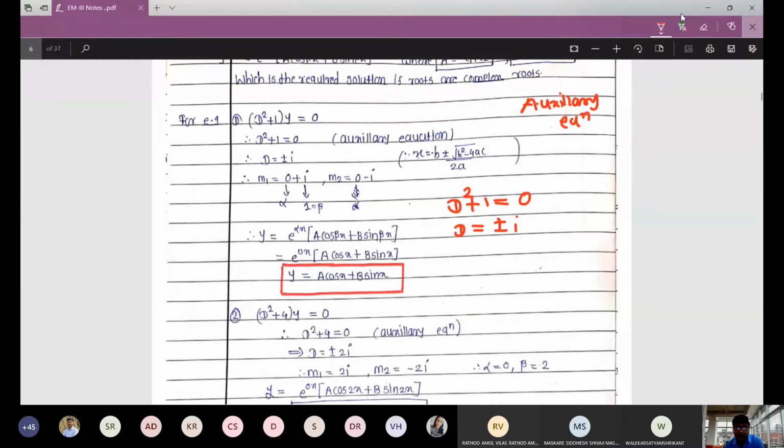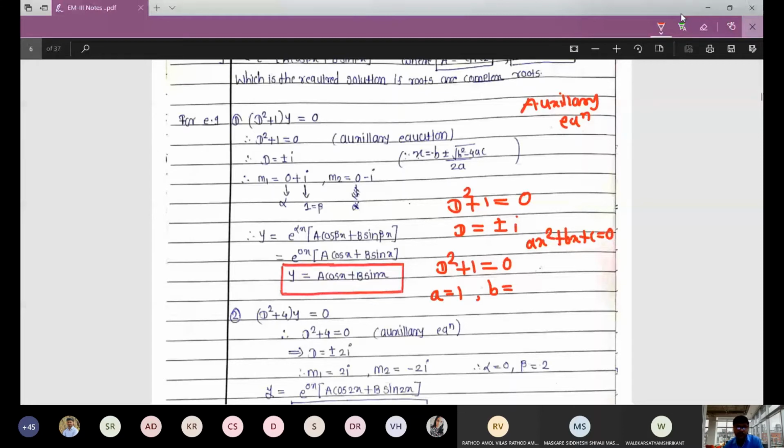So we have the quadratic equation here, D square plus 1 equal to 0. The formula is for a quadratic equation a x square plus b x plus c equal to 0. Now let us compare the values of a, b, c. The value of a is the coefficient of D square, therefore a equal to 1, and x means D. The coefficient of D is 0 because D is absent, so we have b equal to 0, and the constant term is 1, so c equal to 1.